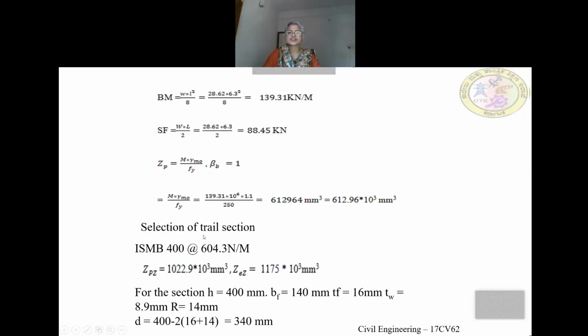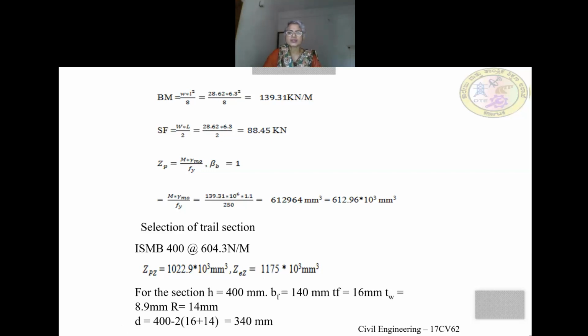Okay, selection of trial section. Selecting a section which has got a ZPZ of 1022.9 into 10 to the power of 3, which is greater than 612.96 into 10 to the power of 3. So I've chosen ISMB 400 at the rate of 604.3 Newton per meter. This has to be taken from the code book again, and note down the EZ values similarly, because you will be needing it to calculate